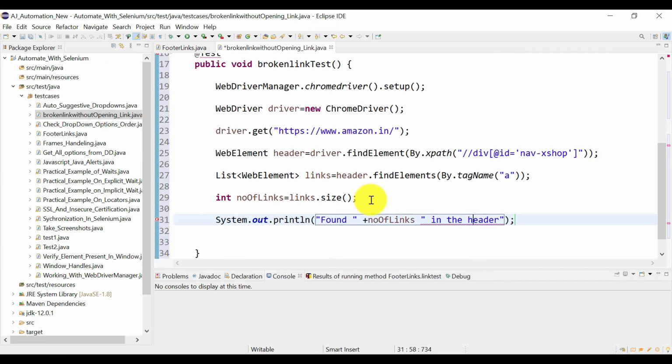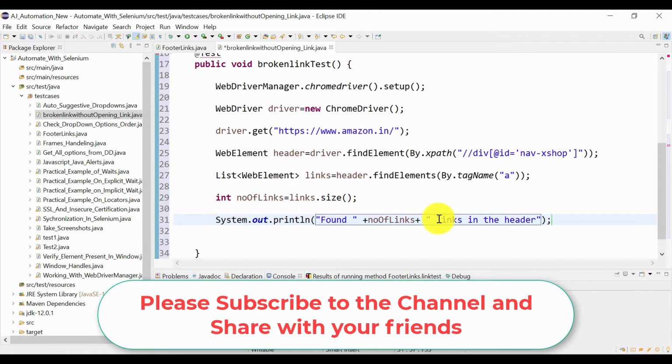Let me just adjust this. This message will be displayed in the console. There are 13 links, so it will display found 13 links in the header.